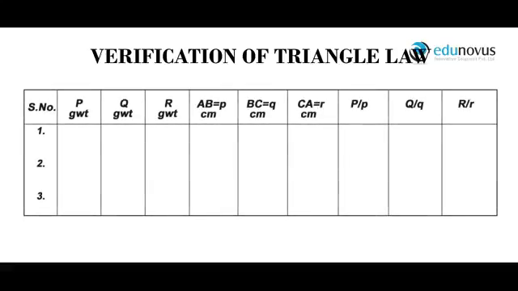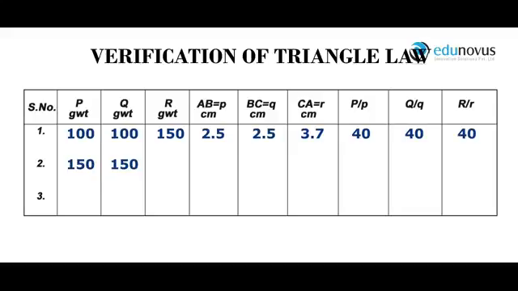Verification of triangle law. Here, the weight of P is 100 grams, Q 100, R 150, and corresponding the length of AB is 2.5 and BC is 2.5 and CA is 3.7. The value of P by p is 40, Q by q is 40, and R by r is 40. Similarly, the values for the weight 150 and 200 grams are: